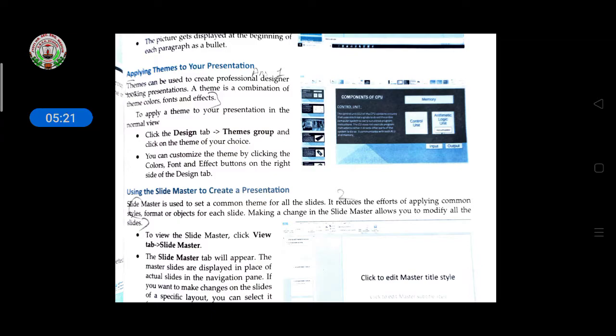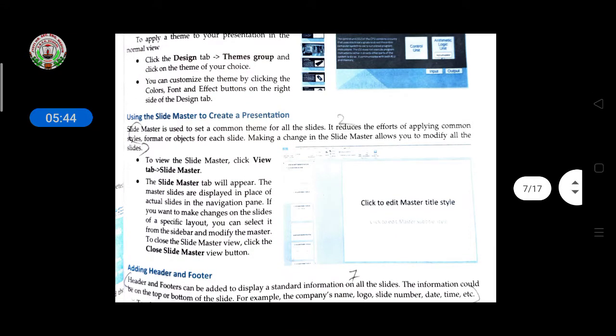If you want to apply some themes in your presentation, applying themes means here the theme you have to select same as the layout, and if you are selecting that theme, all the layouts will turn to that particular theme, and that one theme will display all the slides. If you want to select, then choose that theme also.